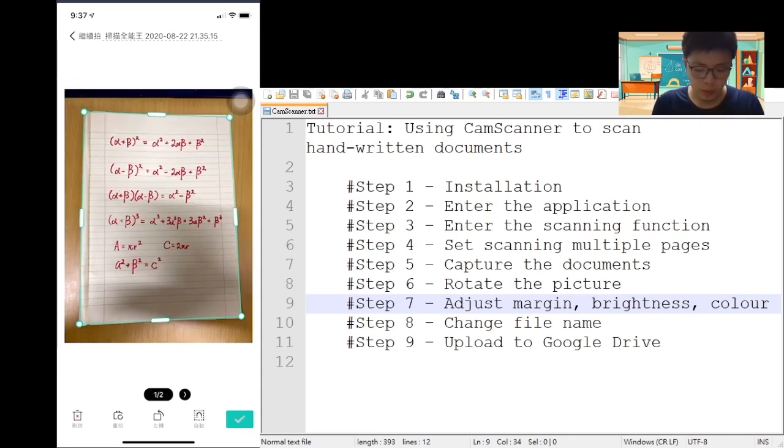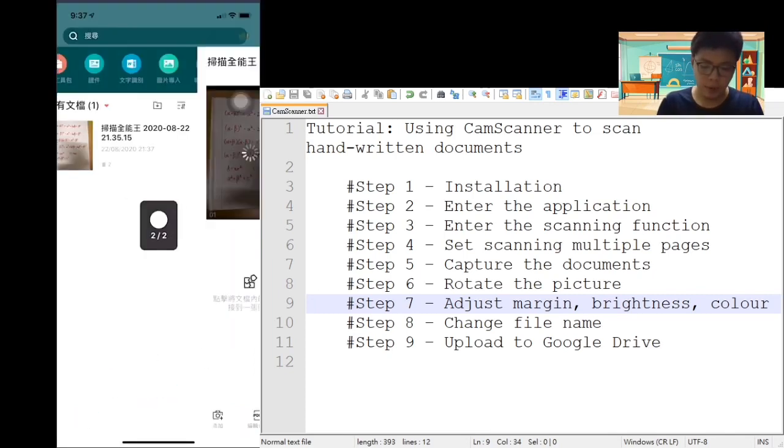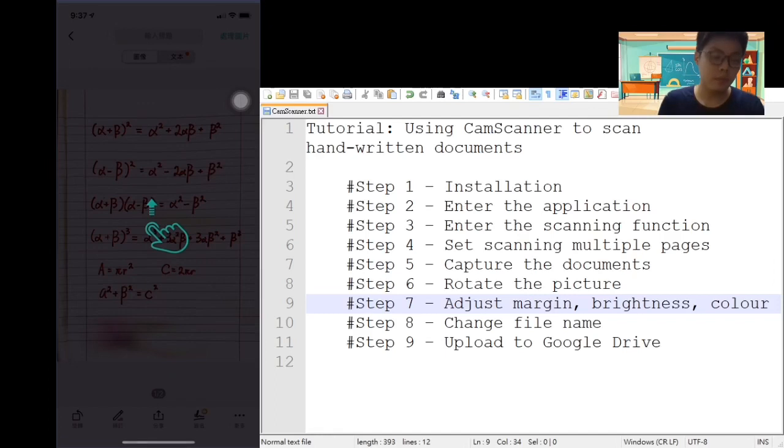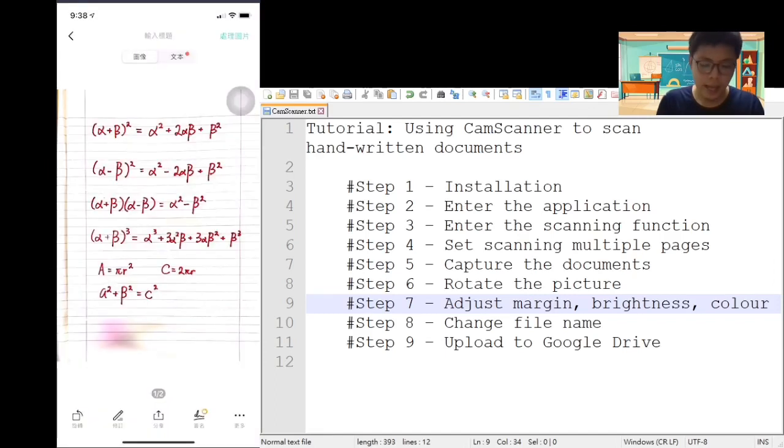And then, what about brightness? But for brightness, you have to click on the tick button at the bottom right hand corner first. So you click on that button, and you can see the brightness has been changed. You click on the document one by one, like this one,